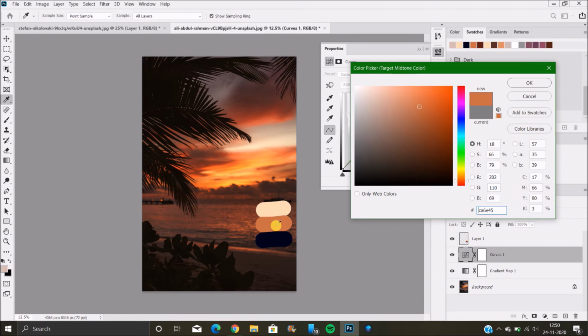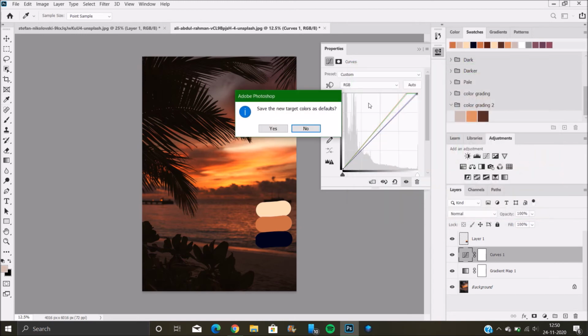I will pick the gray point for the medium shade color.